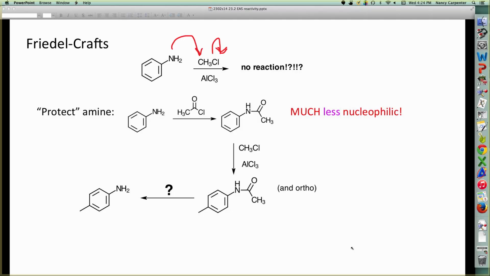In other words, alkylation on the nitrogen, not the desired reaction on the aromatic ring. So we can protect, quote unquote, the amine by acylating it. If I do my up, down, out, I put the acyl group on the nitrogen,